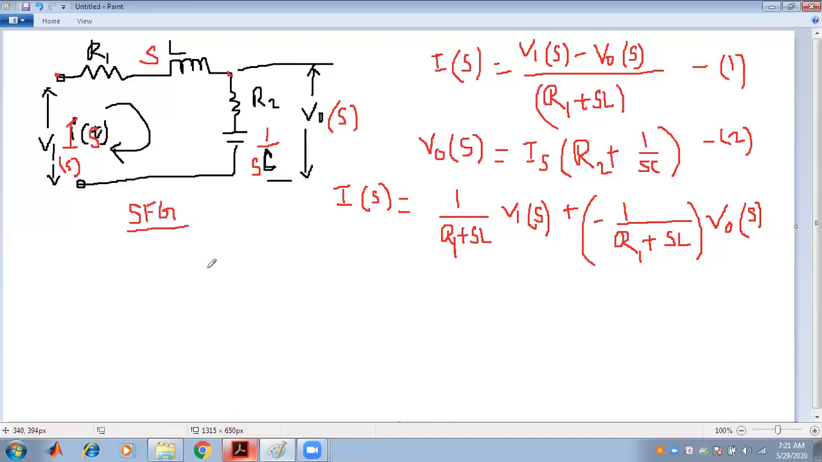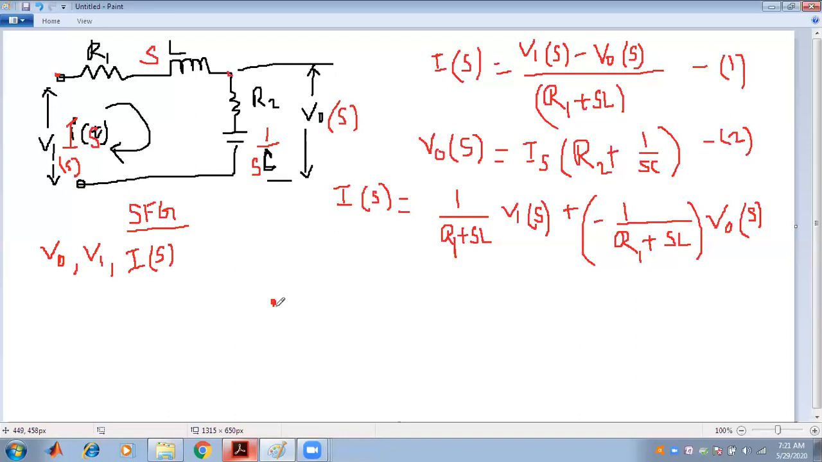So in order to draw the SFG, first of all, how many nodes do we have to consider? There are three nodes that I have considered because there are three variables: one is V0, one is Vi, and one is I. Three electrical quantities, three variables are there, so we take three nodes in order to